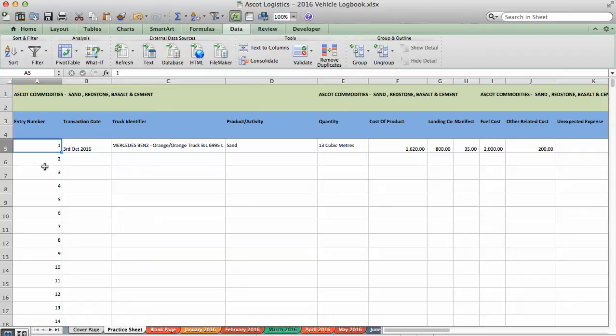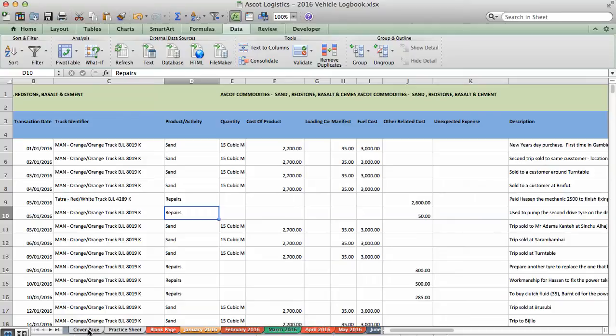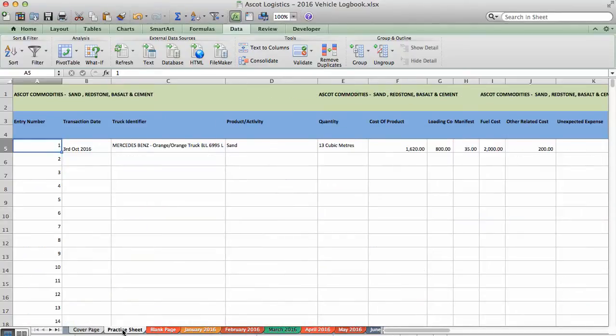I would suggest very strongly that before you go into the actual worksheets, you look at what you want to do and make sure it works properly here before you put it into the worksheet itself. So for every month, January up till December, we would expect information to be put in here,